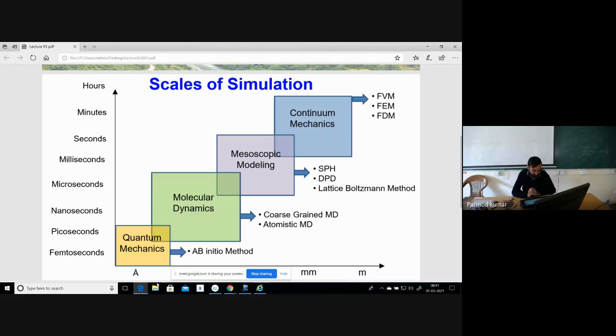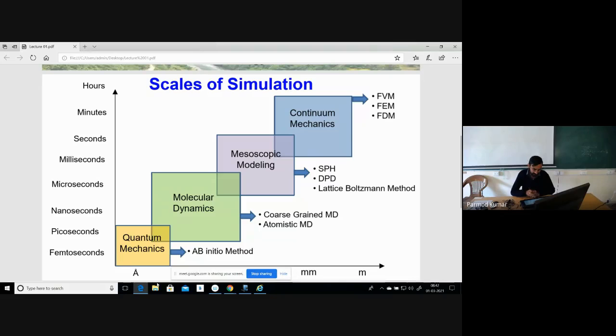So obviously these scales will have lower memory requirements in comparison to molecular dynamics simulations, because in molecular dynamics we study the behavior of each and every molecule in our system, whereas in mesoscopic modeling techniques we club groups of molecules together, form them into some fluid parcels,